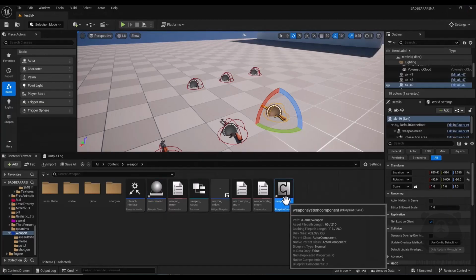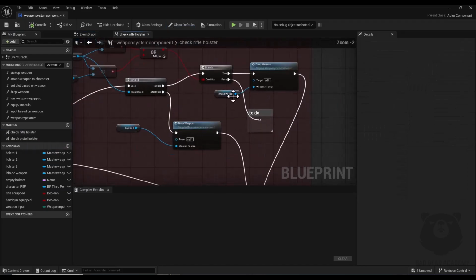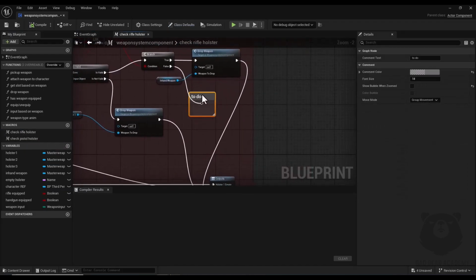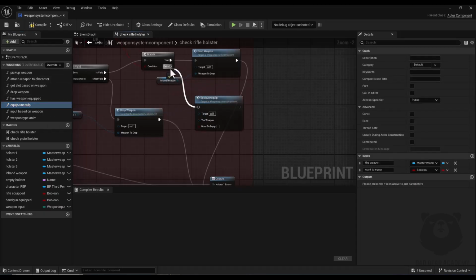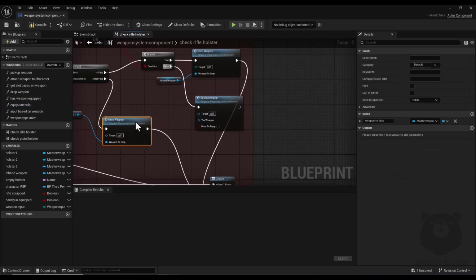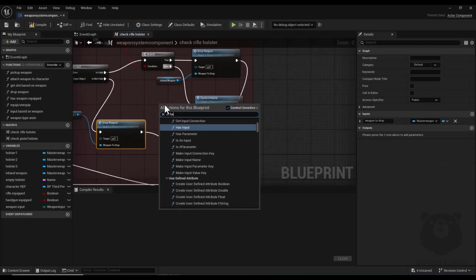Now I open my weapon system component, and here I have two macros, check rifle holster and check pistol holster. First I open the check rifle holster macro, and here if you remember I left this false part with a reroute node and this to-do comment. Now I'm going to remove all of them, and here I drag and drop the equip unequip function and connect it to the false section. And for the weapon, here I search for in hand weapon,